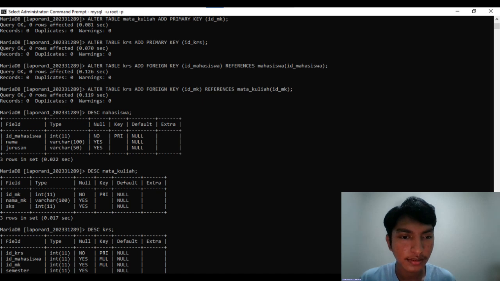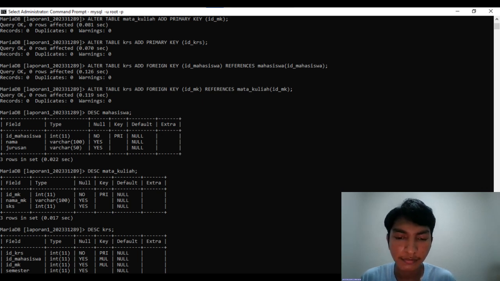And then adding foreign key constraints. Alter table KRS add foreign key ID mahasiswa references mahasiswa, and alter table KRS add foreign key ID MK references mata kuliah.